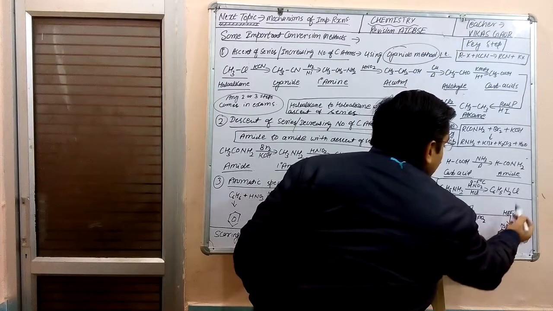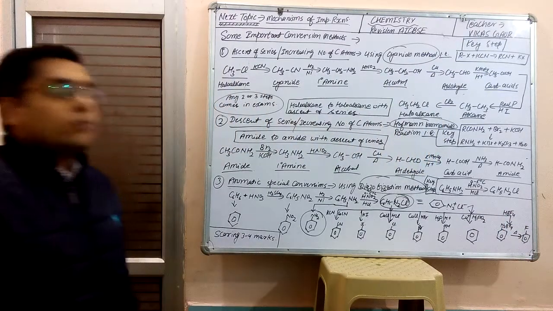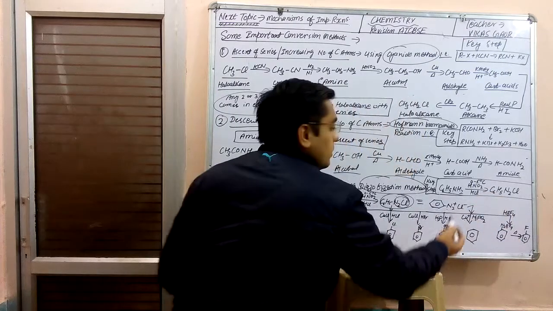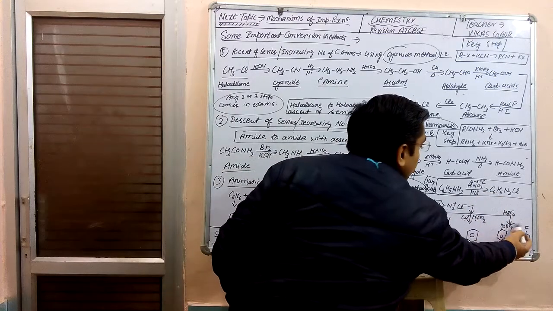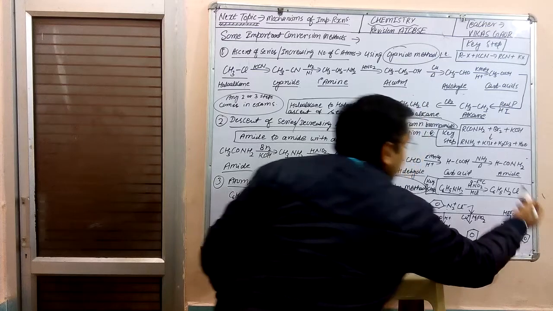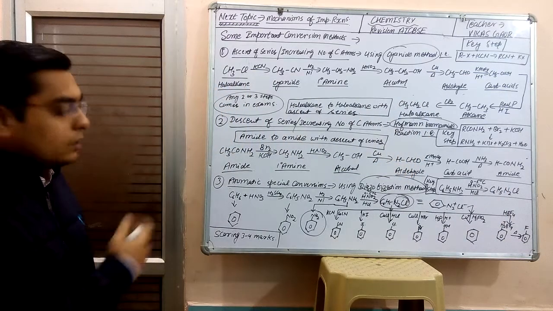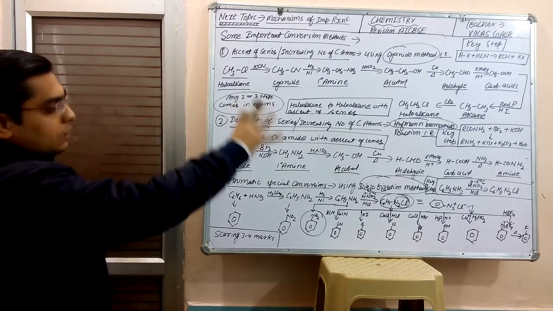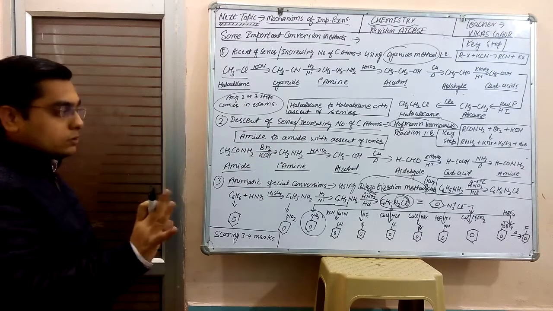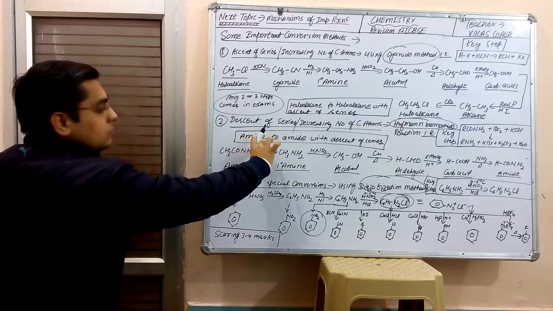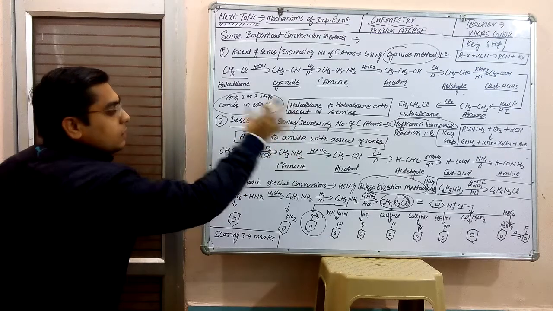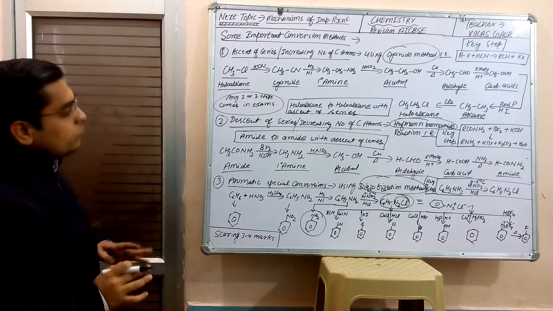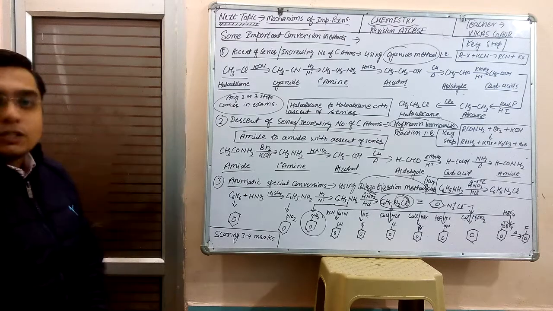And with HBF4, tetrafluoroboric acid, it forms benzene diazonium tetrafluoroborate, Cl negative replaced by BF4 negative, and on heating it forms fluorobenzene and other byproducts. So guys, in exam we have to write the answer in this form: no byproducts, no complete reaction, only the reactant here, and finally the main product. So most of your conversions will be completed from these reactions.